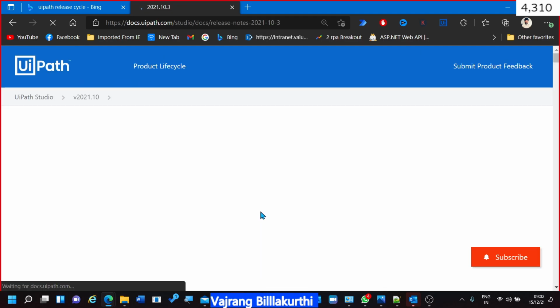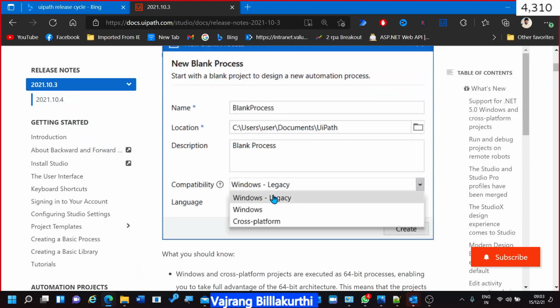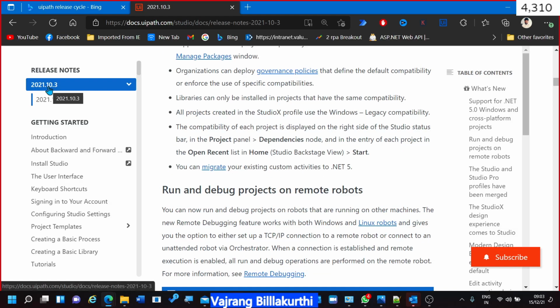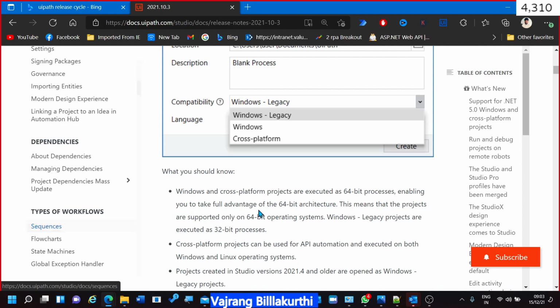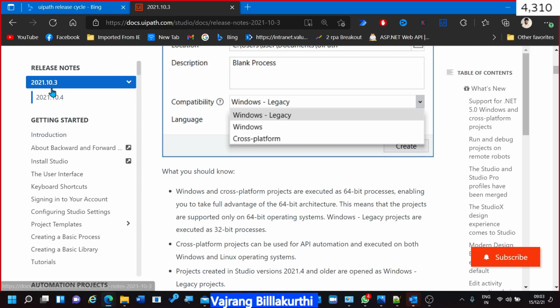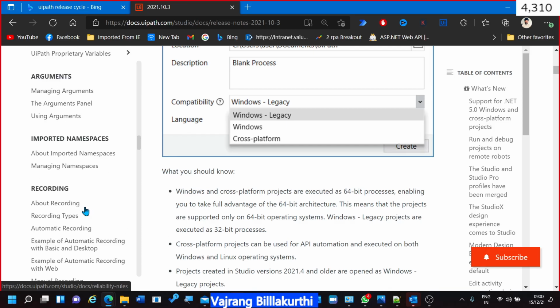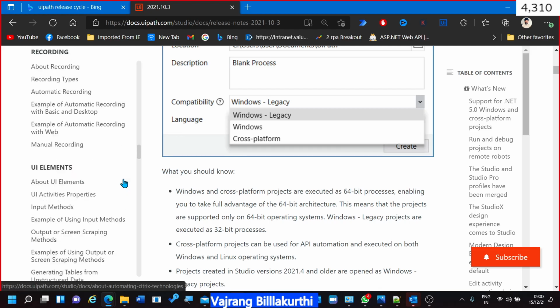So if an interviewer asks which version you are using, you can say 2019.10 or 2020.10. The latest version that everyone is currently using is 2021.4. Since this is October, if someone purchases a new license, they will get 2021.10. The same applies to UiPath Robot as well as Orchestrator. The version you need to mention is not the immediate version, but the previous version.